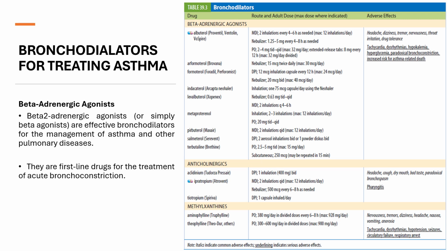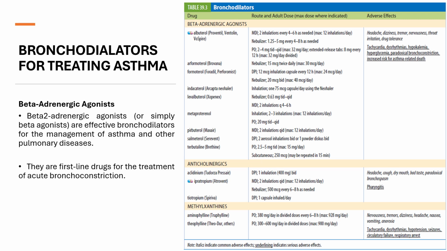Taking a LABA to abort an asthma attack instead of a short-acting beta-agonist could result in unrelieved bronchospasm and